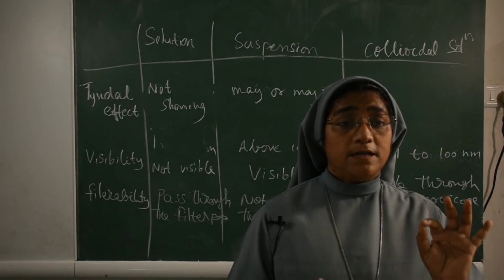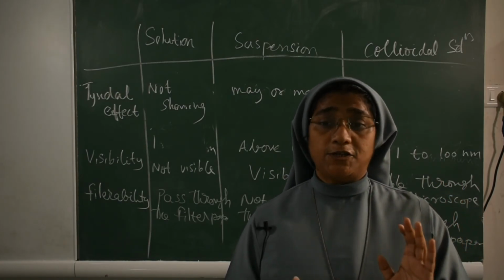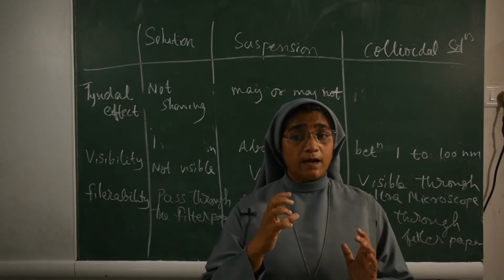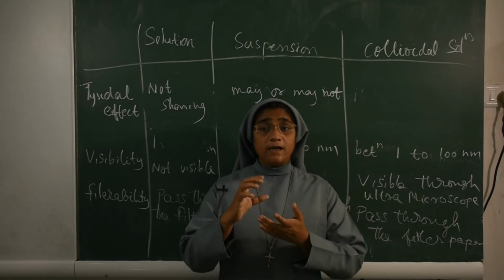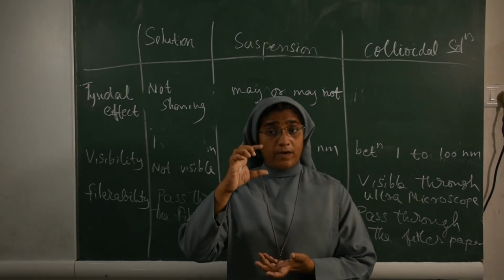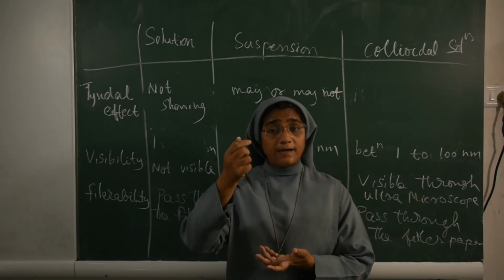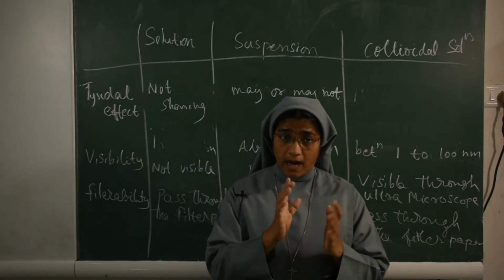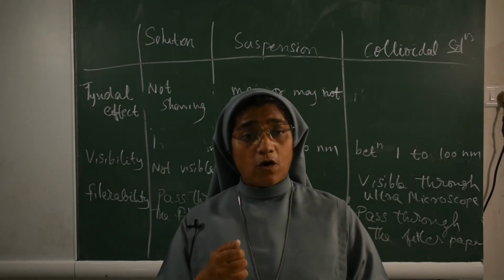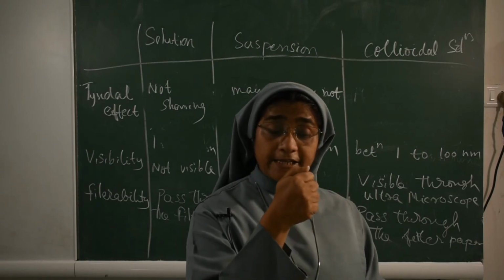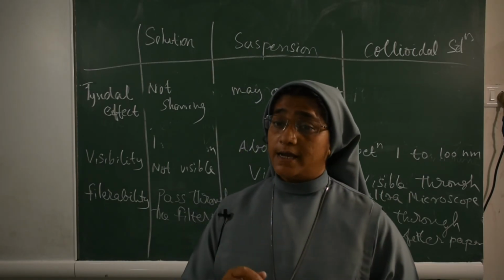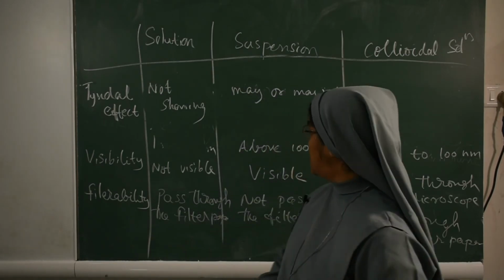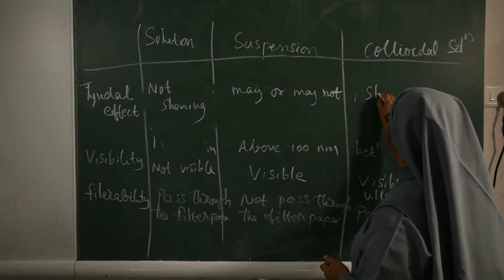This activity you have to do at home today itself. What is the activity? First you take a quarter glass of milk in a glass, then add some water, go to the dark room, then take your torch and light it. You can see the Tyndall effect showing.